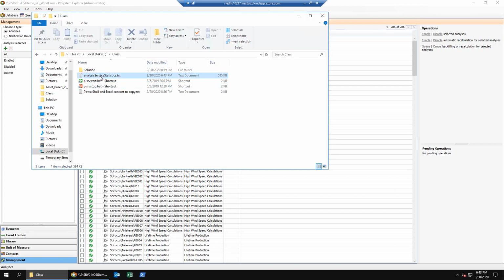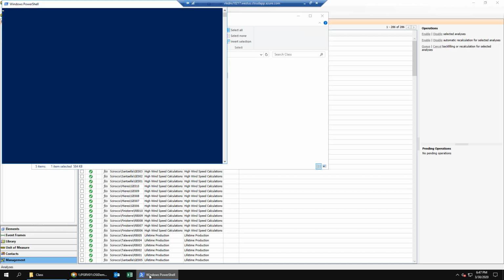Next, we'll use Microsoft PowerShell to convert the data from XML to a more easy to analyze format like CSV. So first we'll launch PowerShell. And if you haven't used PowerShell before, it's like an upgraded command prompt with some more functionality that we'll take advantage of. Once we're in Microsoft PowerShell, we'll use the change directory command to change to C class.